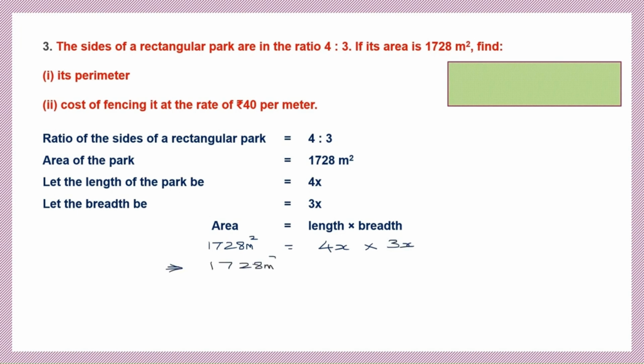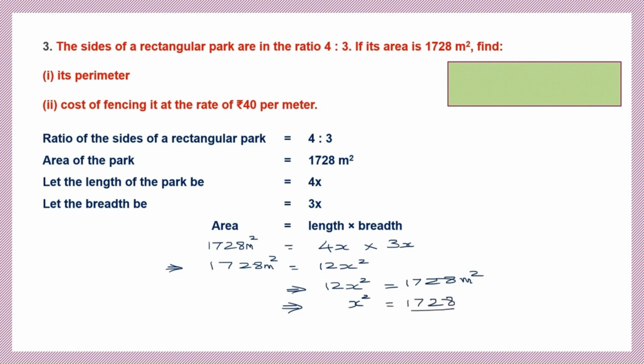1728 meters square is equal to 4x into 3x. That is 4 into 3 is 12, 12x square. So now we are going to find the value of x. Okay, so how do we do that? So let's take this equation. We'll have 12x square here on the left hand side. On the right, we'll put 1728 meters square. Now we're going to find the value of x square alone. So x square will be